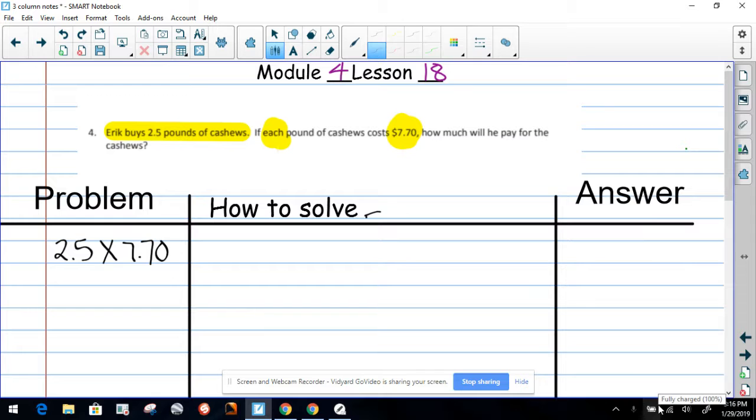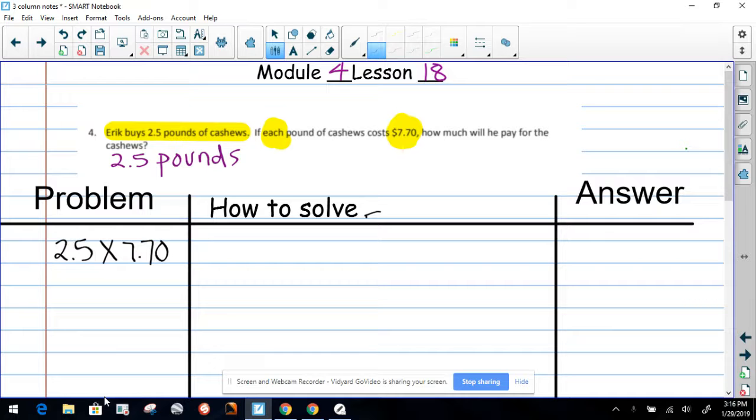We have a word problem. It says that Eric buys 2 and 5/10 pounds of cashews. If each pound of cashews costs $7.70, how much will he pay for the cashews? Which means how much will he pay for the 2.5 pounds? And one way to know this,